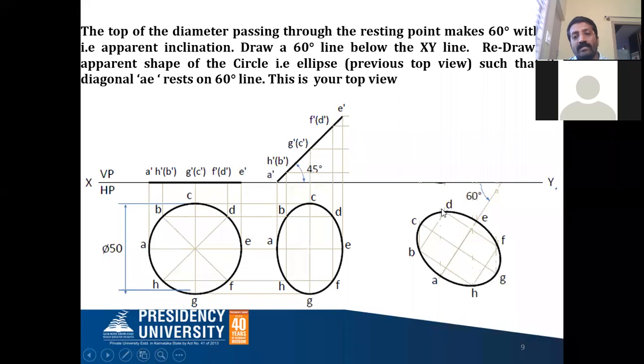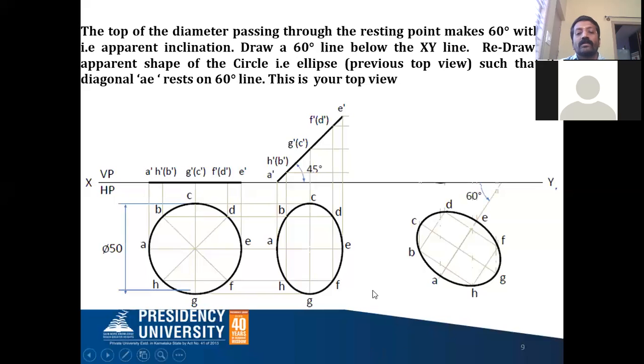Once all the points are marked, with your free hand draw a smooth curve so that you get the same ellipse here. This completes it. Even with the arc method you can take equidistance from any arc and cut.